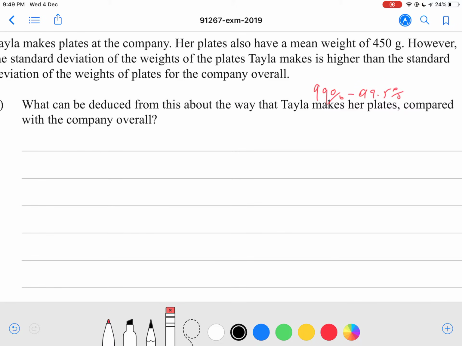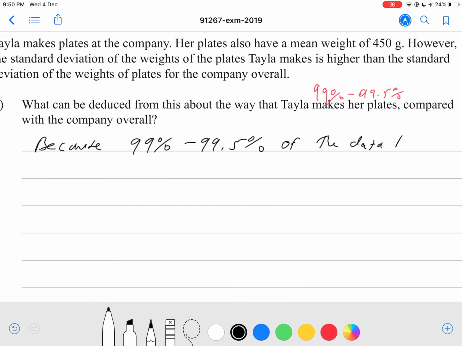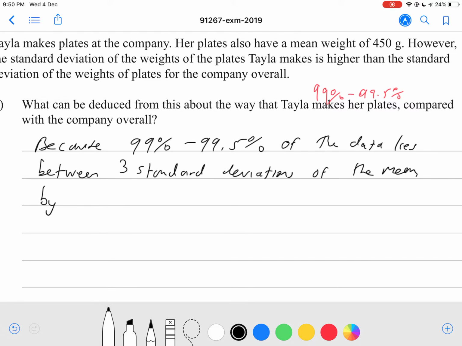So we're going to say that in our answer here. We could say, because 99 to 99.5% of the data lies within 3 standard deviations of the mean, by having a high standard deviation,